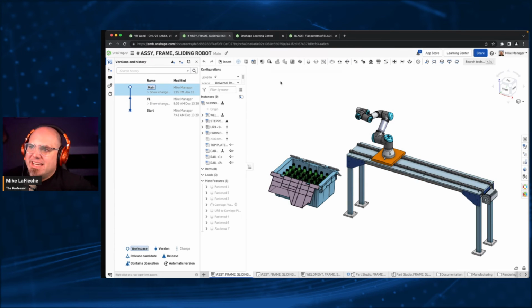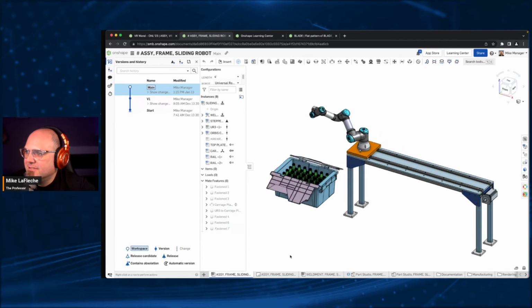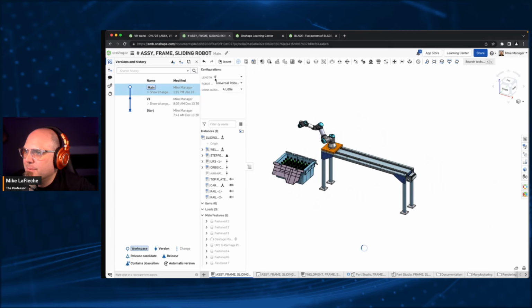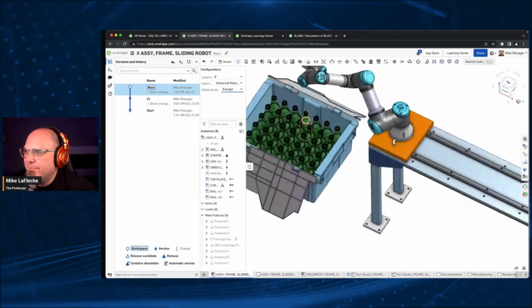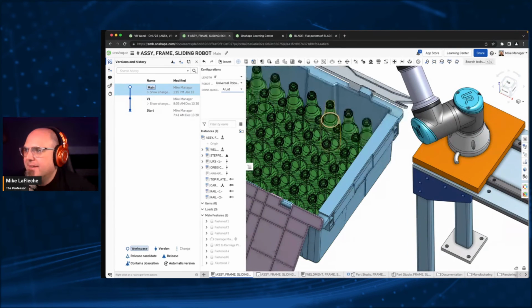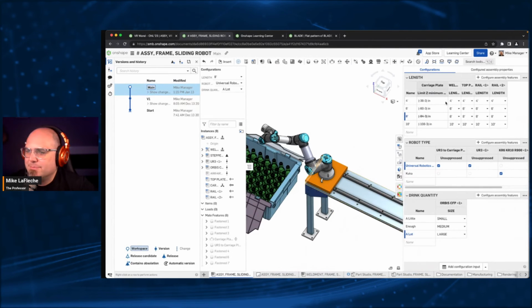Some other stuff too, I'm kind of going a little bit around here. I'm going to do some import and stuff in a second. Here's just a slightly more advanced assembly with some motion, and you can do all this motion here. You can configure things as well. Configuring is nice because you can have the same model with multiple representations of it. So in this case, I have different lengths of robot, different types of robot, and different amounts of beer in this bin right here. You can see I'm able to work with that, and everything's updating quite nicely